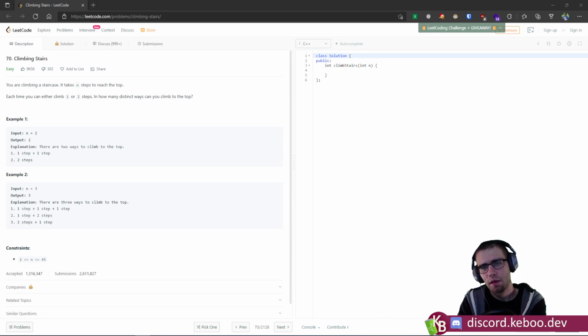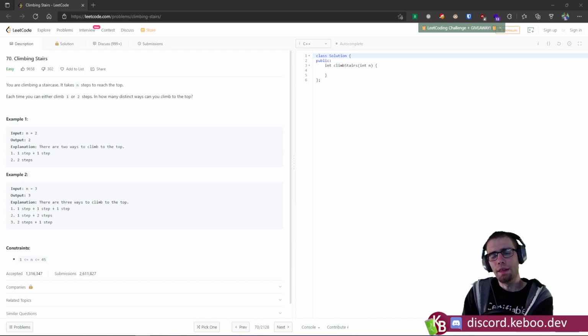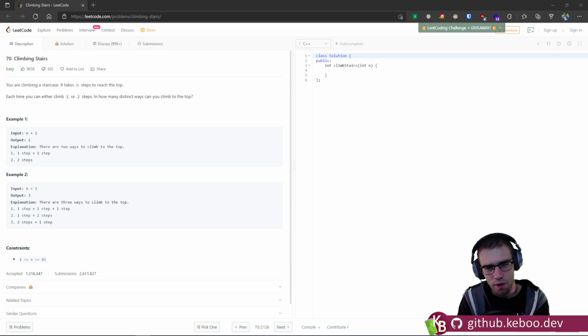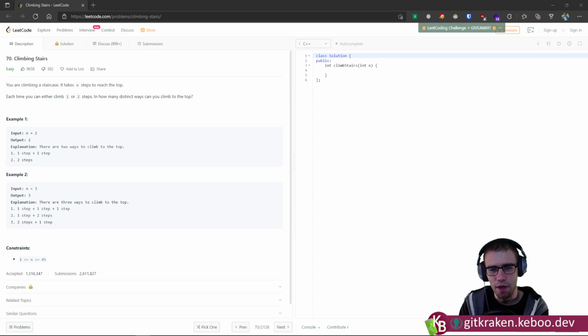So in this case, it's asking for identifying the count of the permutations. So how many different solutions are there? Trying to think of an easy way of putting this down. So in this case,